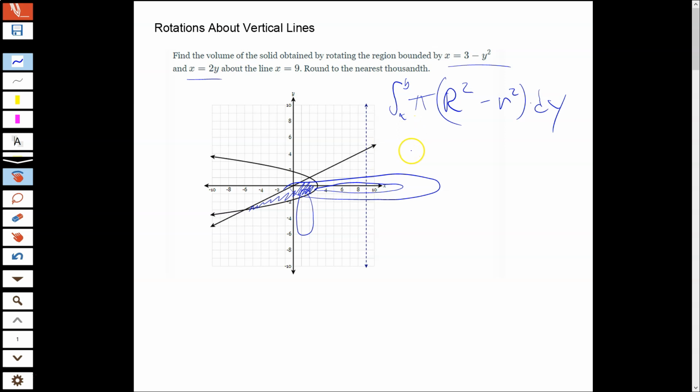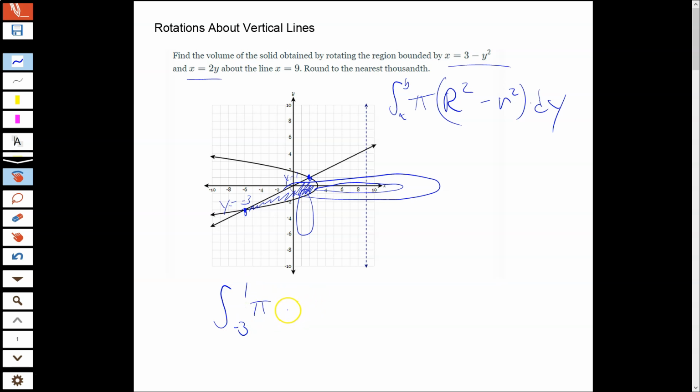So what we have to do here is figure out our boundaries, and our boundaries are also y values here. Notice we have an intersection here and an intersection here. Those are going to be our limits of integration now. So we have -3 is my y value now. Notice it's not -6, -3. And y equals 1. So this is going to be the integral from -3 to 1 of pi, and then big